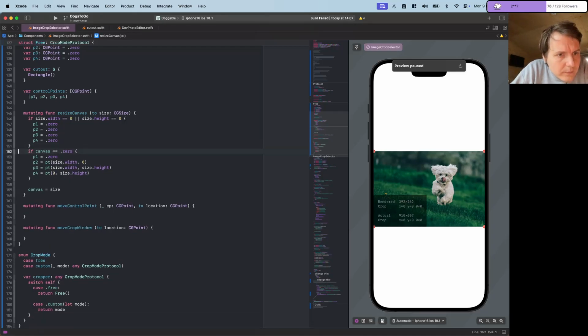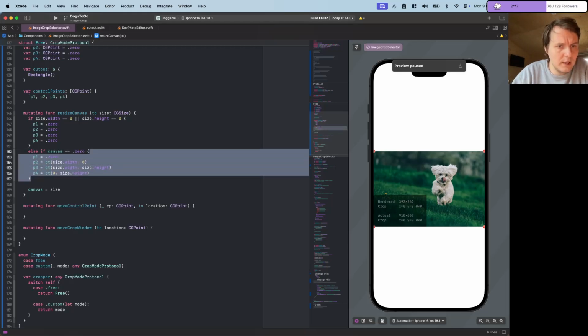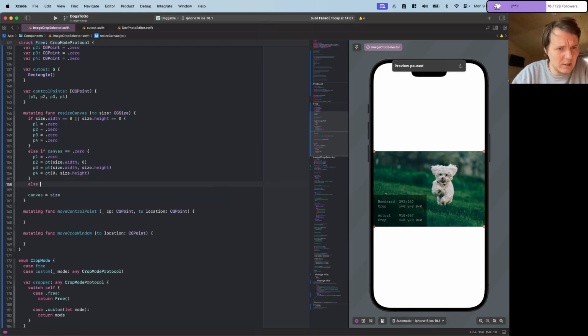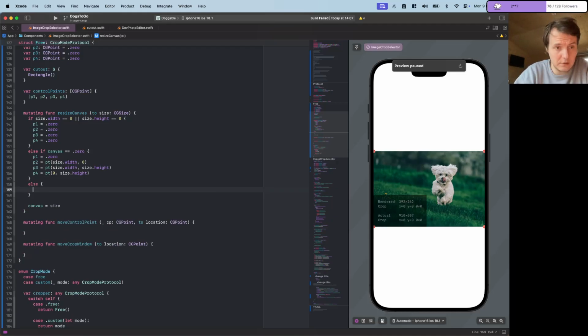Okay, then if our current size is 0, we do the scaling like this. Otherwise, we